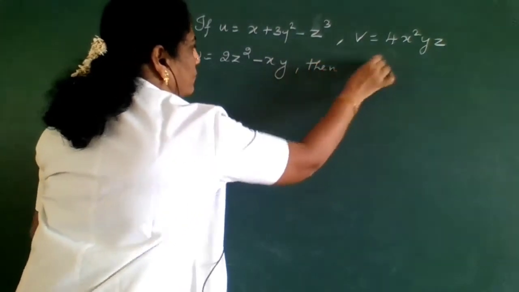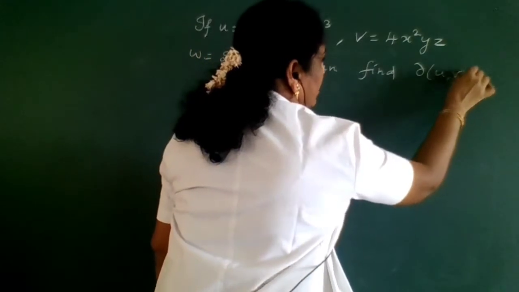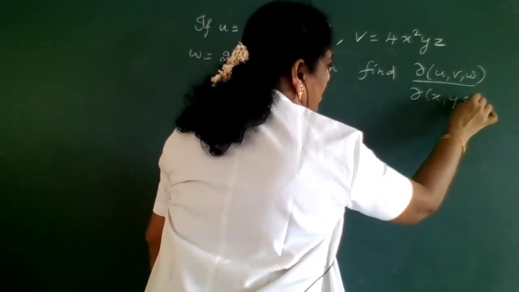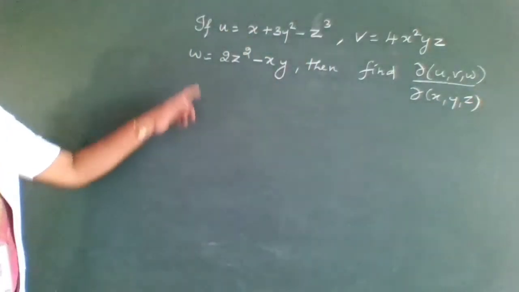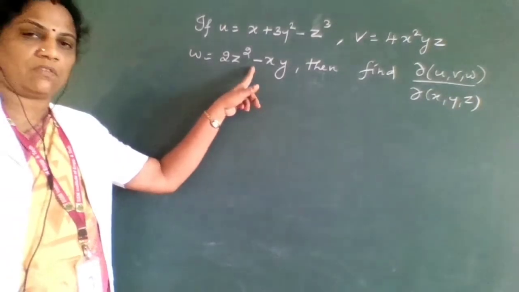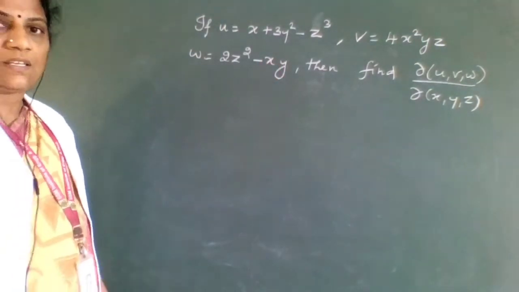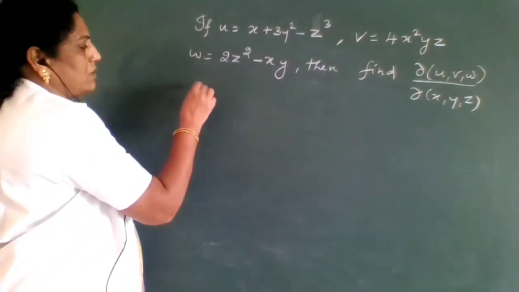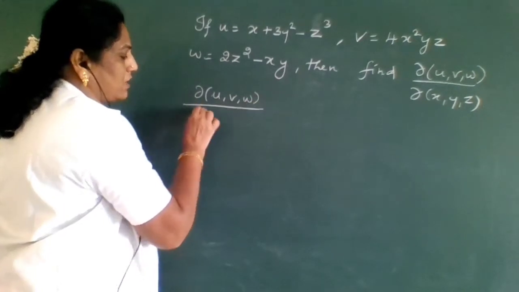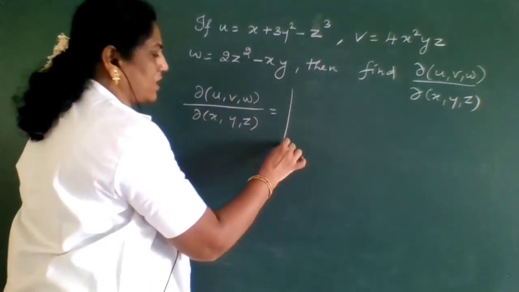Then find ∂(u,v,w)/∂(x,y,z). So this is a three variable Jacobian. We have to find the Jacobian of three variables, so we use a 3 cross 3 determinant. By formula we have ∂(u,v,w)/∂(x,y,z) equal to the determinant of, first